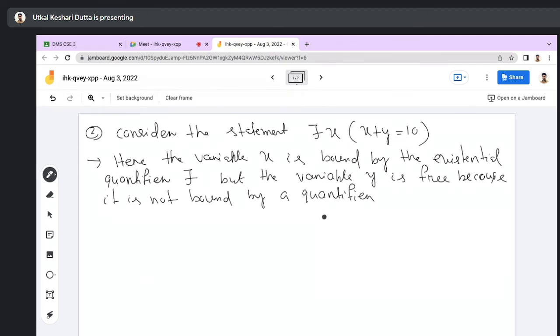So here y is a free variable. After there exists, only x is written, so x is bound by the quantifier, there exists, but y is said to be free. Also, you can see no value is assigned